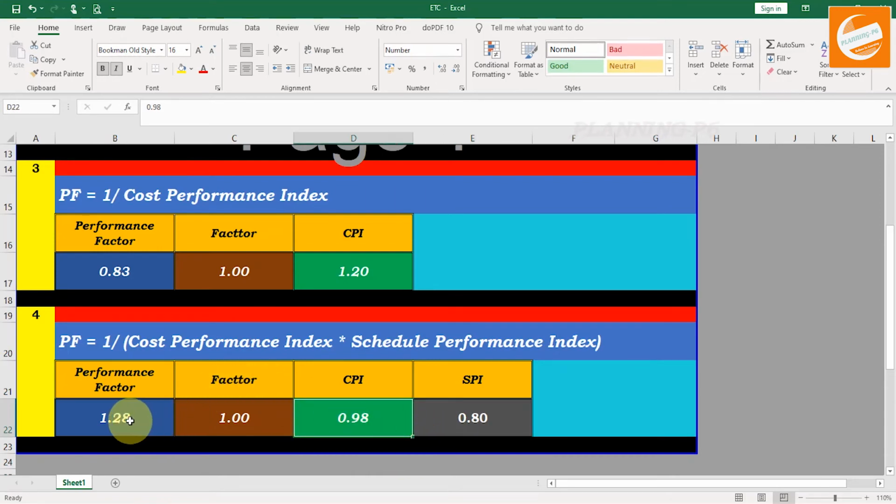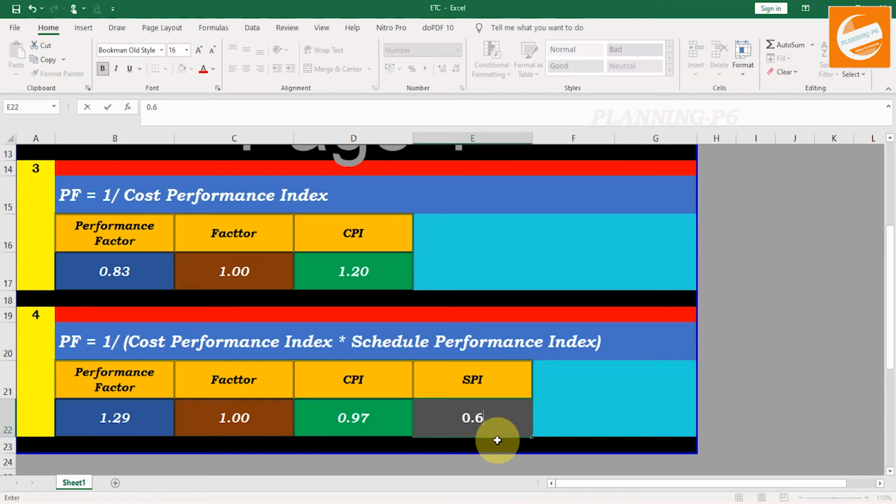Obviously it will be affected. So we apply the factor 1 like that, and if we say our cost performance index is 0.97, and our schedule performance index is 0.60, it means we are in delay status and the performance factor increases to 1.72.